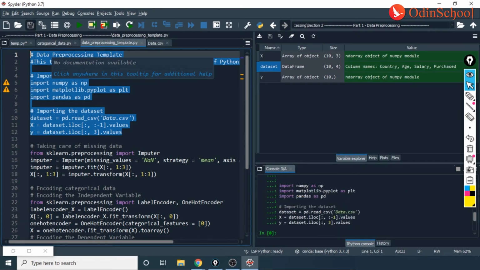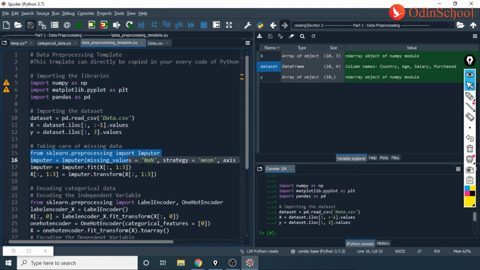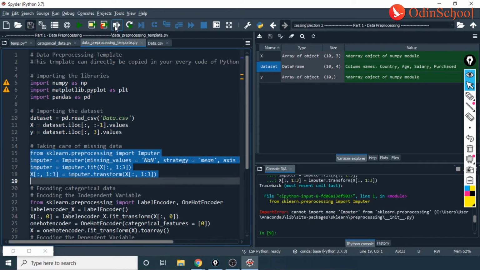Okay, all that is said and done. Now let me take care of the missing values by selecting the code and executing this. It says it cannot import the name Imputer. Right, guys?